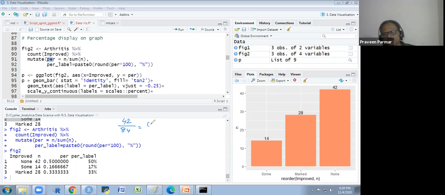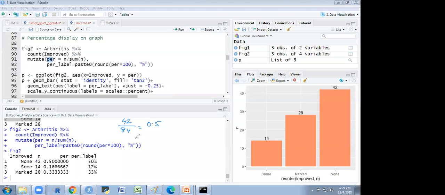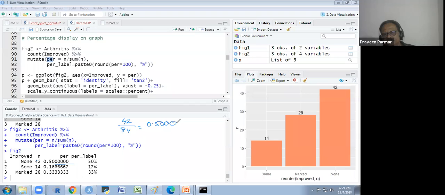So what are we getting? 0.5. Yes, sir. And here so many zeros are there. Yes, sir. And similarly 14 by 84 we are getting 0.166667, whatever. Okay. This I have got here.